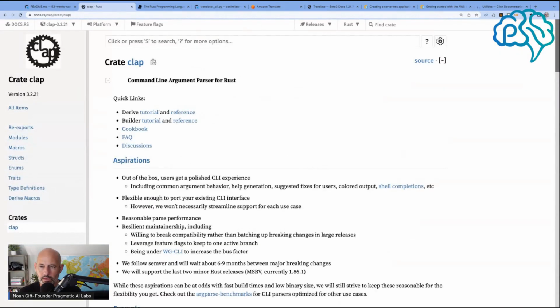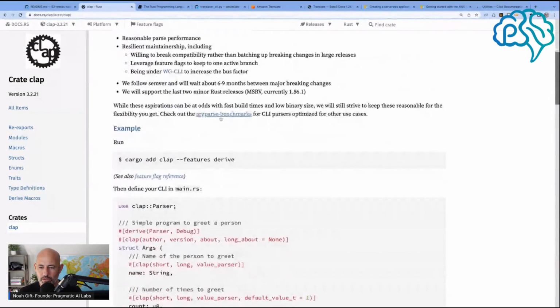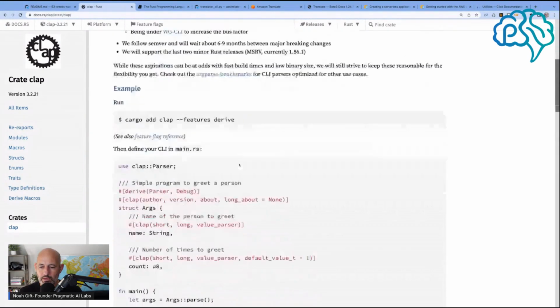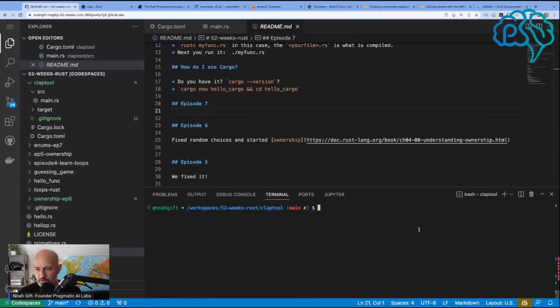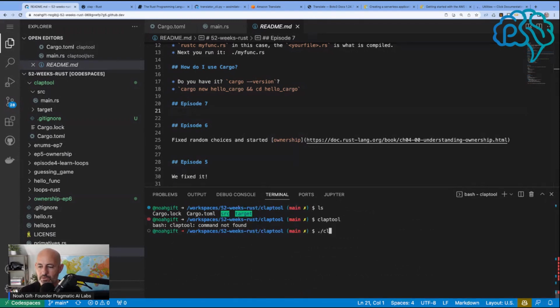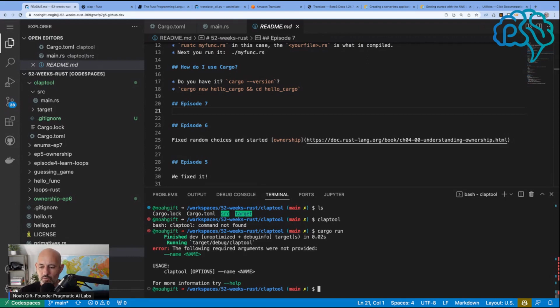So we see docs here, command line reference for cargo add clap, and then how do I run it? Cargo add clap demo help. So let's try that. So I'm in here. I'm inside of here. So if I say clap tool, does that work? Slash clap tool. How does it know cargo run? Well, say cargo run. It did know that there's a tool called clap tool, but